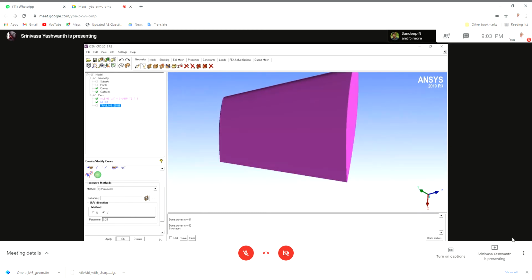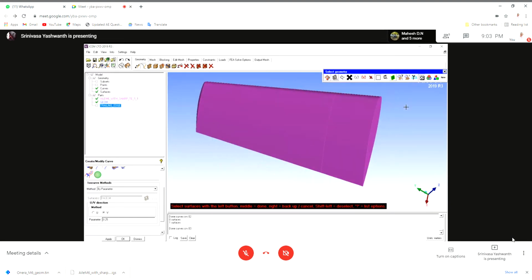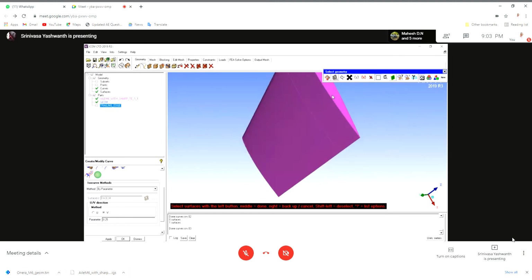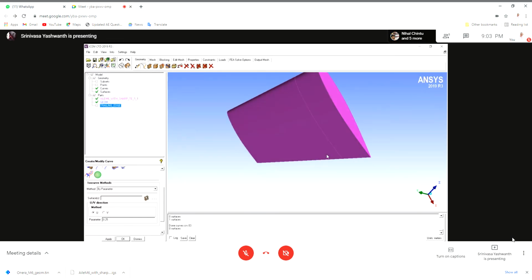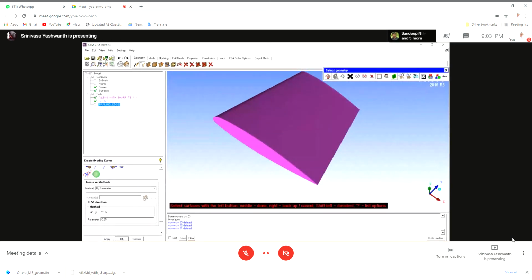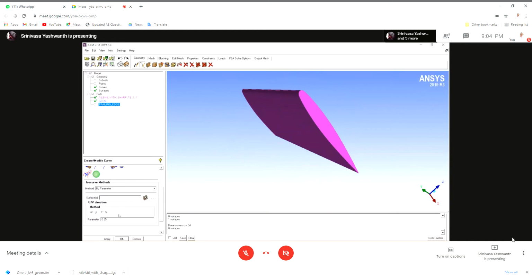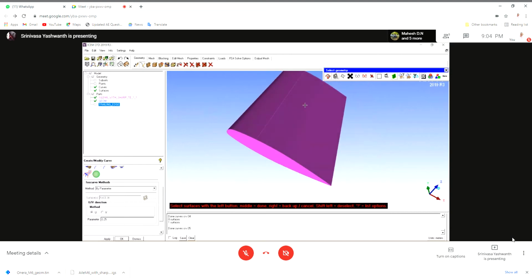Okay. In a similar fashion, we'll do it for the lower surface also. So here you can see that it has created a curve along the x direction, although I have chosen the method to be V. So that's what I said. You have to play around with these values so you get what you want. So undo this. Let me start from V. Okay. So now we have two curves on the surfaces.